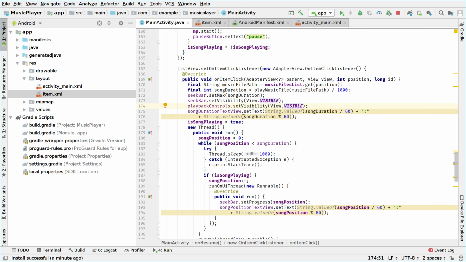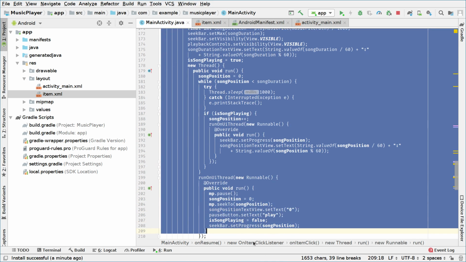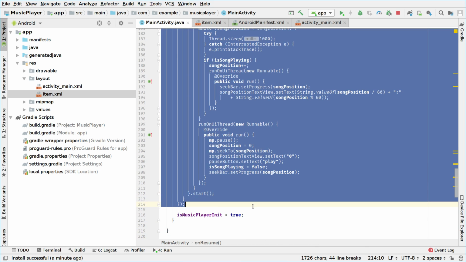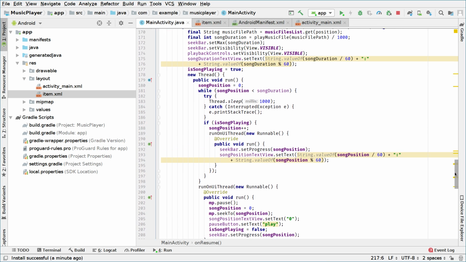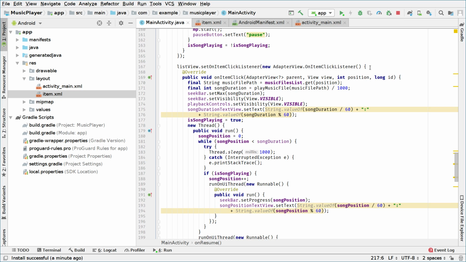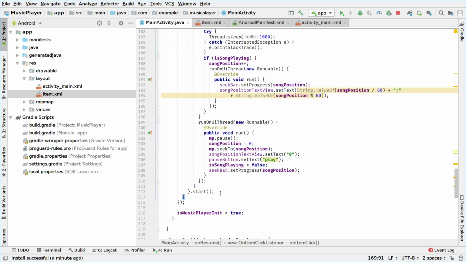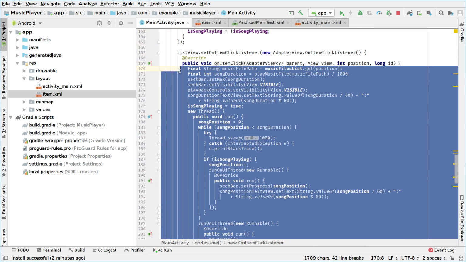We can call it outside, a kind of global method. So we'll move all of this, I think, till here. Let me see. So be careful here. We don't want to select what we don't have to. So I will click this, actually this one, and see where it ends. From the start line, we will select it to the top, just before the on item click method. We will cut this code